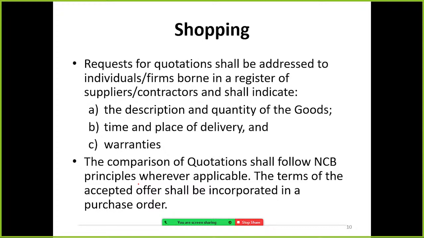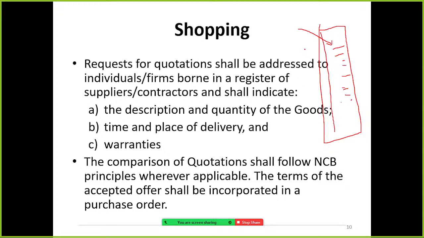So normally in public sector organizations, every year they call for suppliers, right? They call for suppliers for a list of items, and the interested parties will register their names. So what are the items they can supply to the particular institution. Whenever the public sector organization needs, they call for quotations from the registered parties time to time.